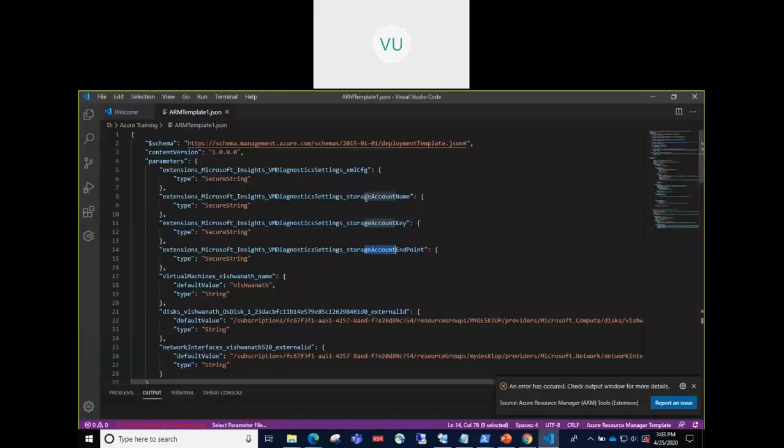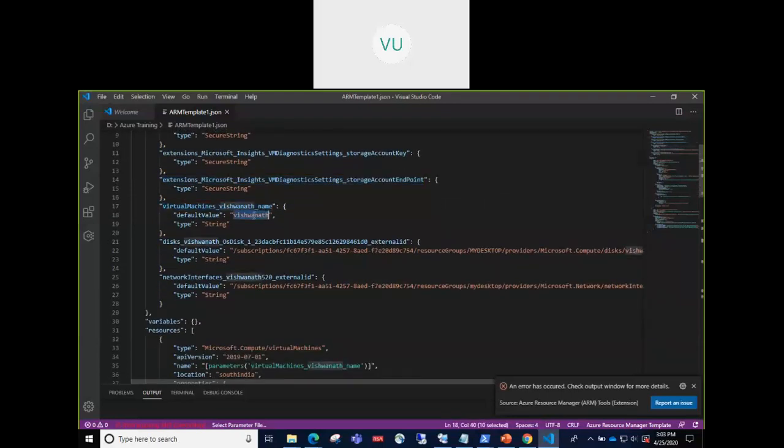So this storage account details I need to provide here. Since I'm creating a new VM out of these templates, it is asking for the storage account details, all the parameters. This is listed as a parameter. So that's why it's asking for the storage account which you want to create for deploying this VM.